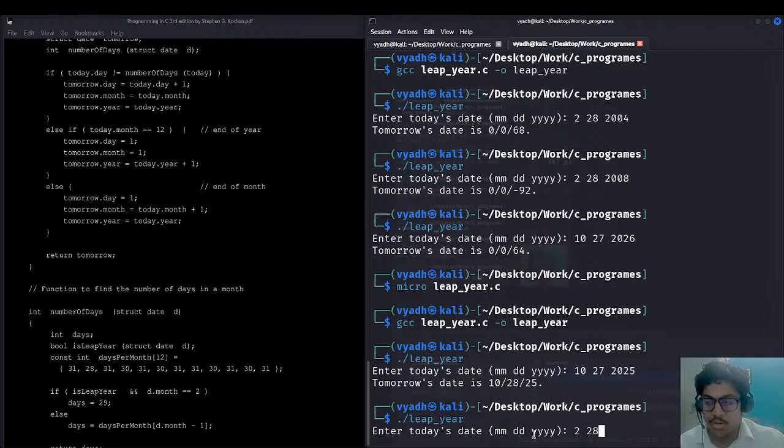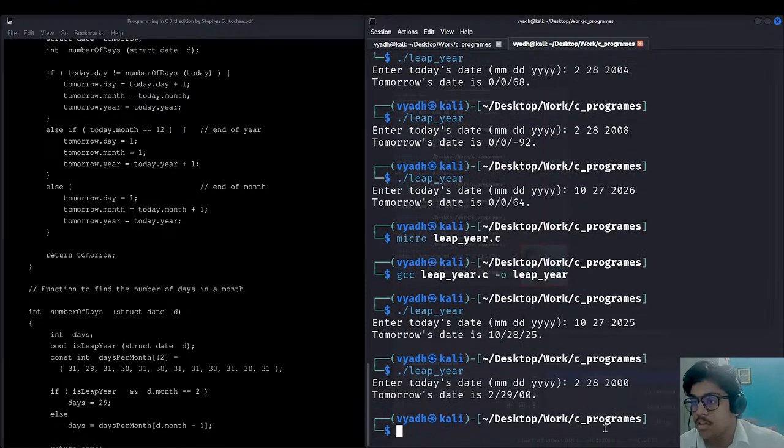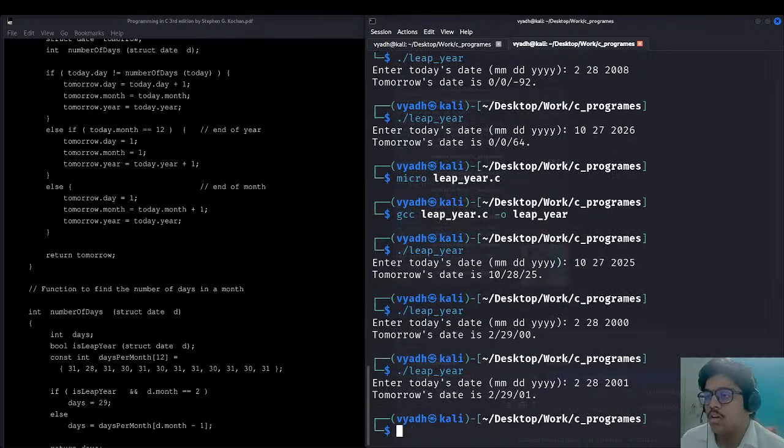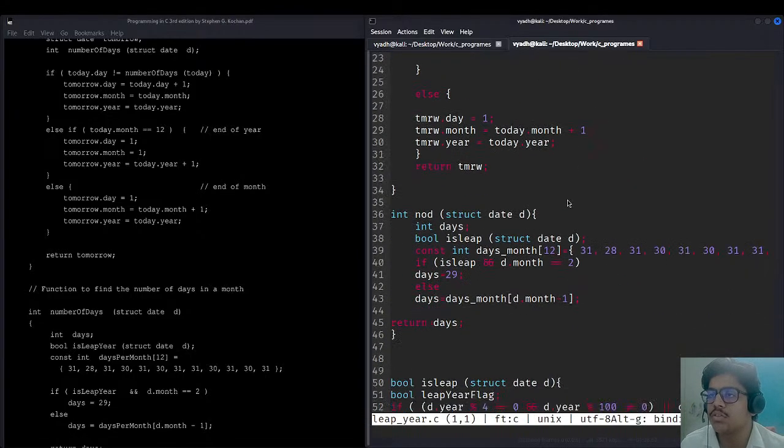केस लूँ कि 2nd मंथ, 28 डेट है और 2000 ईयर है। सो टुमारोज डेट इज... ओके, सो ये वर्क कर रहा है। 00 इज 2000 ईयर, और एक्सट्रीम केस लिया। अगर मैं सेम केस किसी नॉन लीप ईयर पे लूँ पर डेट हो 28 की और ईयर हो 2001, फिर क्या होगा? ओके, इसे भी ये लीप ईयर कंसिडर कर रहा है। ठीक है, क्योंकि ये लीप ईयर का प्रोग्राम, 29 यहाँ पे, इसे फर्स्ट 3-1 करना चाहिए था। हम्म, तो लीप ईयर वाला जो स्ट्रक्चर है उसे चेक करना पड़ेगा एक बार।